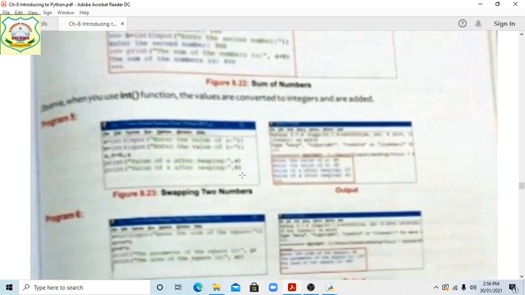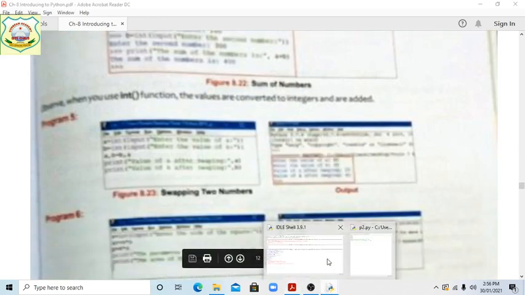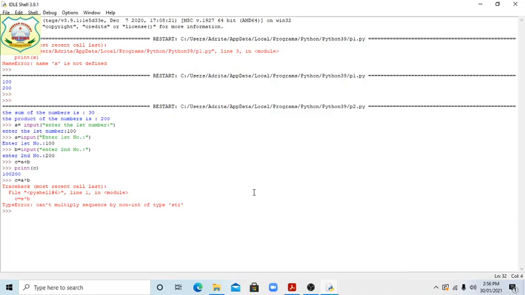So now next one, students, in program 4, there is given how to multiply the numbers and how to add the numbers. Okay, in program 4, 5 and 6. So now we just continue the program 4, 5, 6. Students, see everyone in your book. I am showing you with this program. Here, students, we will write in script mode. It is better for you. Then you can understand, students. Okay.